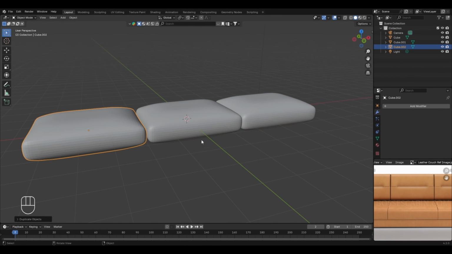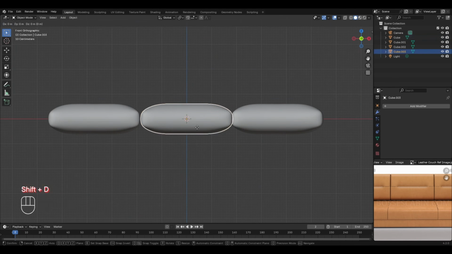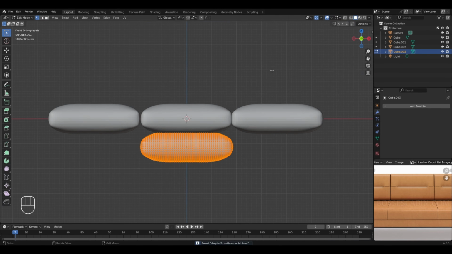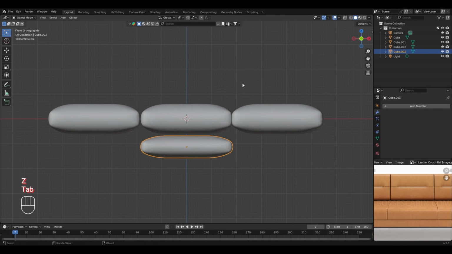So for this I'll first select this cube in the middle. Let's also go to the front view and we'll create a duplicate of it and we'll move it down in the z-axis. Now press tab to enter the edit mode, press A to select all, and let's slightly scale it down in the z-axis. Also let's move it up slightly like this, and let's return back to the edit mode,